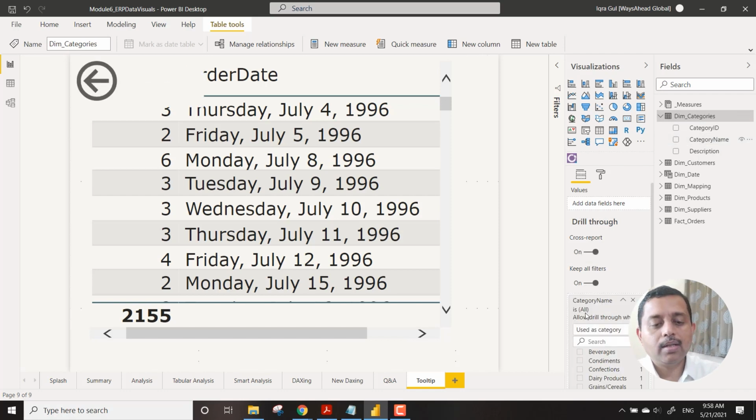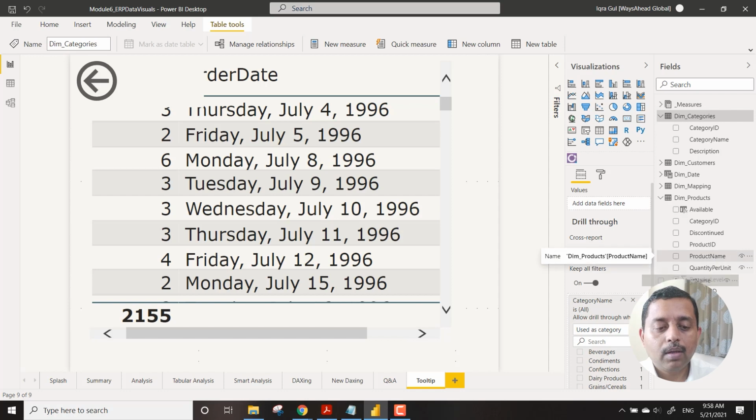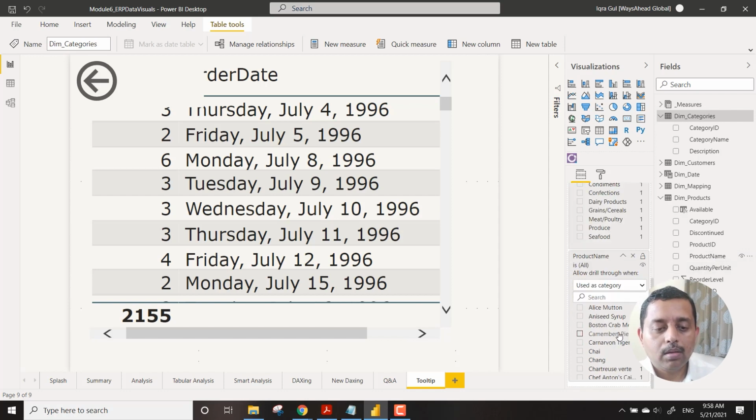So we say that if somebody is talking from the product perspective, category perspective, we should be able to see it as a drill through. So we go to dim products and bring in the product name. Product name we have got. And similarly, we can bring all other details and mapping and other things also.